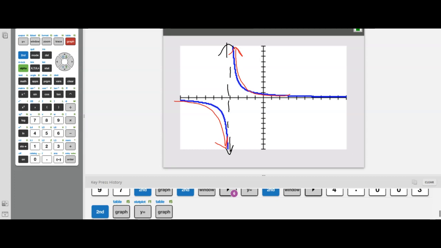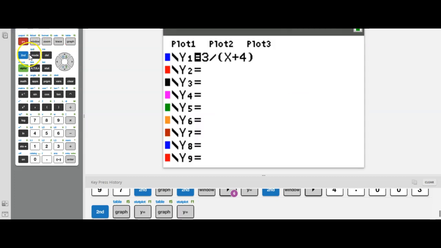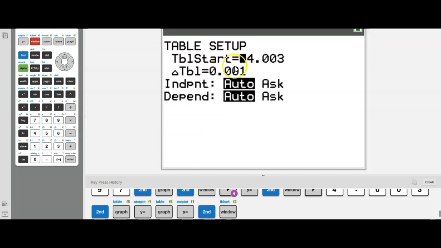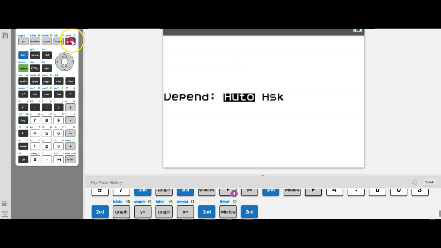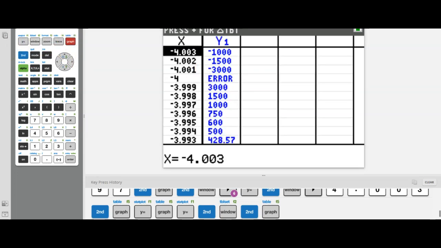Now, we could try to understand this using a table. So that's what we're going to look at next. So I have my function. I'm going to start my table just to the left of -4, and I'm going to have it increasing by thousandths. Then go to second graph, pull up your table. And you can see as the function approaches -4 from the left, we are approaching -infinity. Those numbers are decreasing. And as we approach from the right, we are approaching